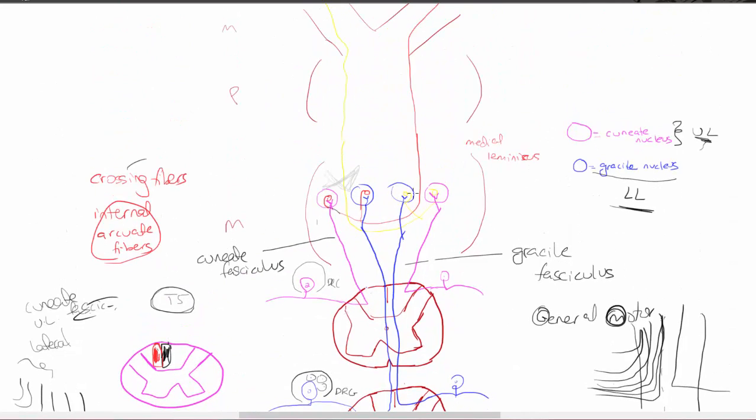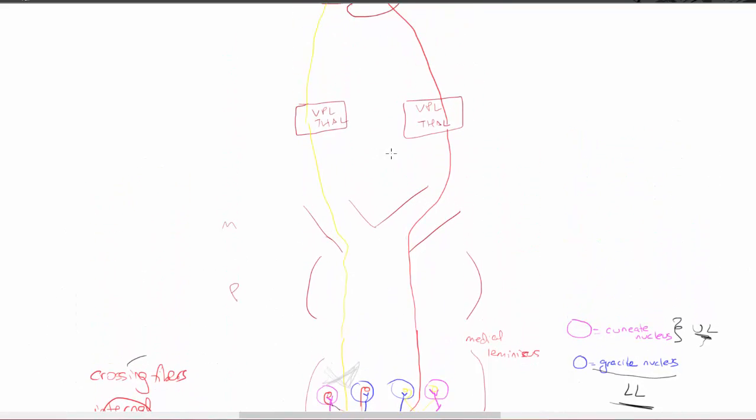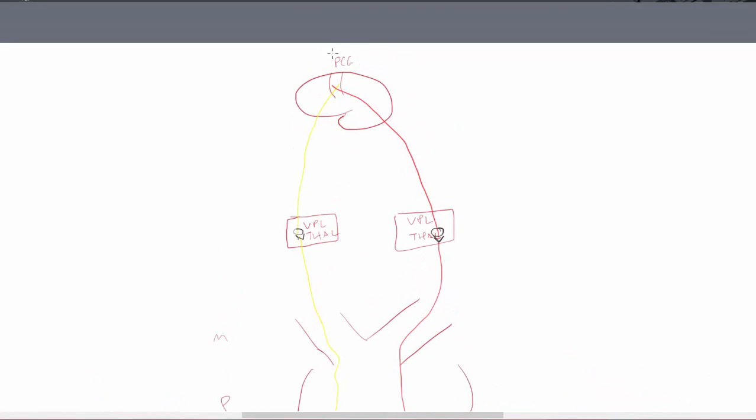So then the right side again will cross via the internal arcuate fibers onto the contralateral side, which happens to be the left side here, and it goes up as the medial lemniscus. They go up onto the ventral posterior lateral part of the thalamus, and here they will synapse as well. So that's the end of your second order neurons, from the nuclei up into the thalamus. And now your third order neurons will start here, and they'll go up into the post-central